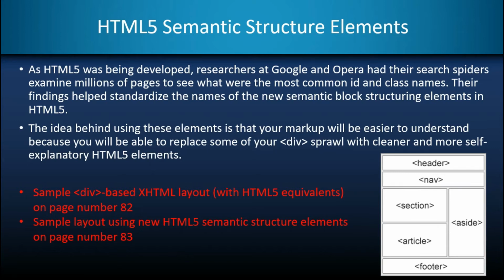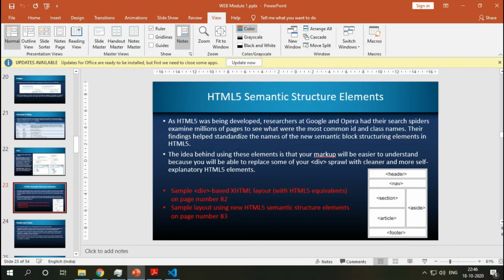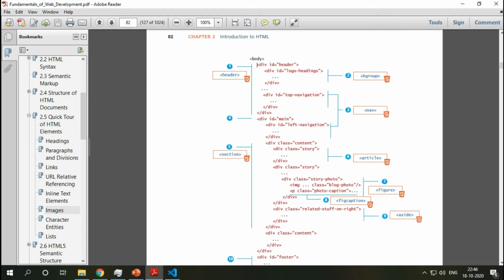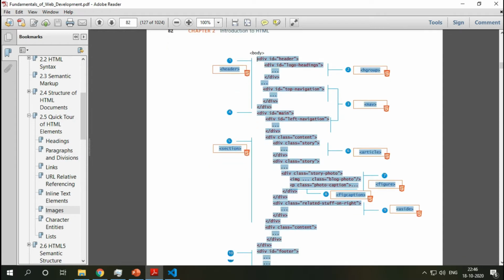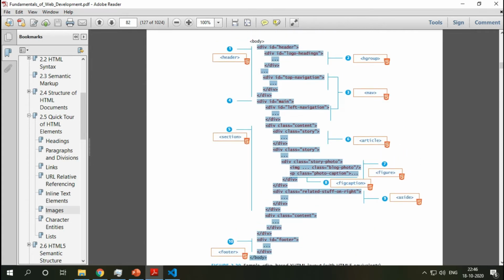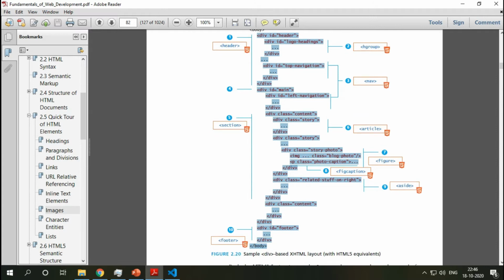So what they found out using these search spiders is that users most commonly used the class name header. Okay, we'll see on page number 82. See what they found out. This file from here to here is an XHTML file. These search spiders went through many XHTML pages.